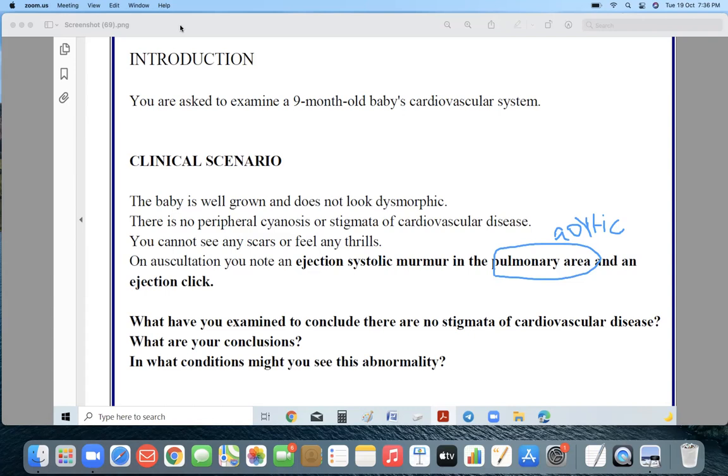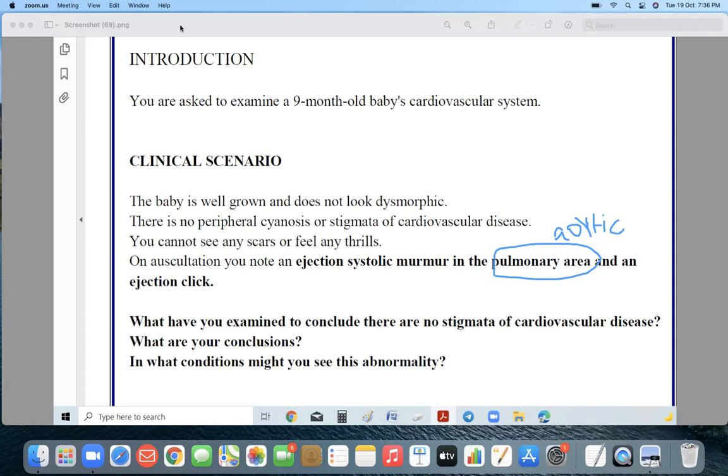Now we are coming to the chest. On inspection there will be nothing, except that Dr. Yasir has given me the case, and this was a severe one, maybe that's why he is having these failure signs. But we are going for normal, so inspection will be nothing. But on palpation,